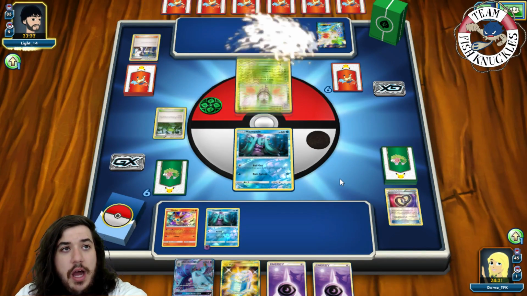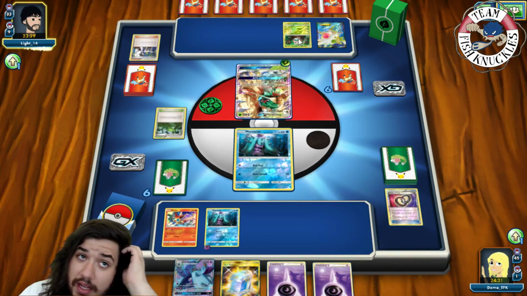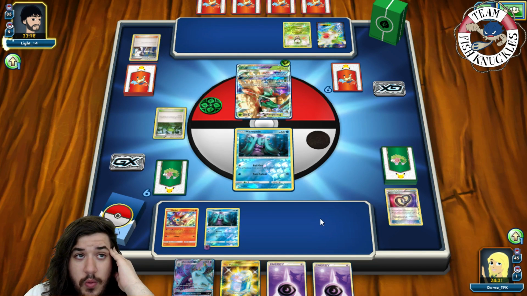Vileplume out. There's a Decidueye coming out. Does he have a DC for that? Okay, and there's a Rowlet coming down. We see a Dartrix coming down. Okay. What else is in his hand? Does he have a DC? If he does not have a DC, we're okay, because we can put down Toxapex. We can Shaymin,